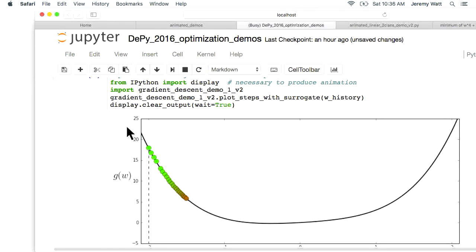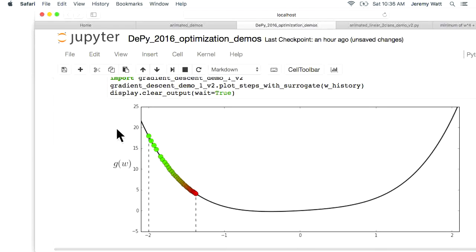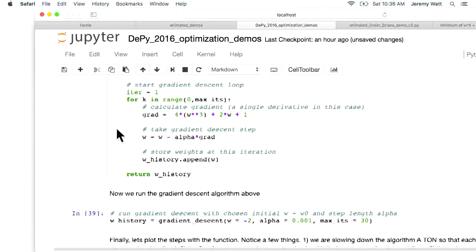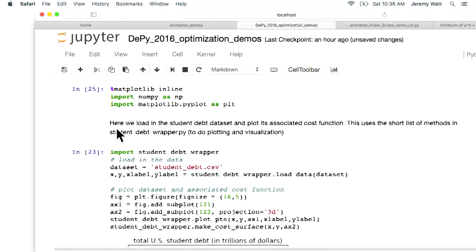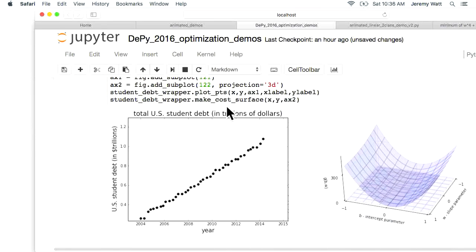All right, I'll wrap up. That's gradient descent applied to that function where we couldn't actually compute the minimum very well. If you scroll up in this notebook, just because I'm running out of time a little bit, and you look at how this little toy was run, where I showed you how gradient descent is being used